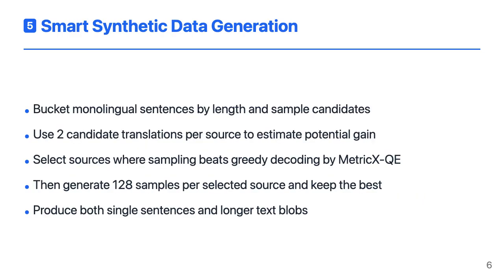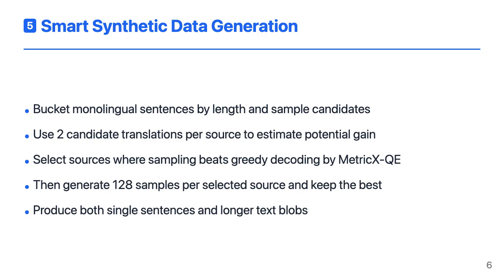The authors first bucket monolingual sentences by length and sample a large pool of candidate sources. For each source, they generate 2 translations with Gemini 2.5 Flash, 1 greedy and 1 sampled. They score both with MetricX-24-QE, a quality estimation metric, and keep sources where the sampled output clearly beats greedy decoding. Those are the cases where more aggressive sampling is likely to pay off. For those selected sources, they then generate 128 translation samples and again use MetricX QE to pick the best. This process is applied both to single sentences and to longer text segments, so the model learns to handle both